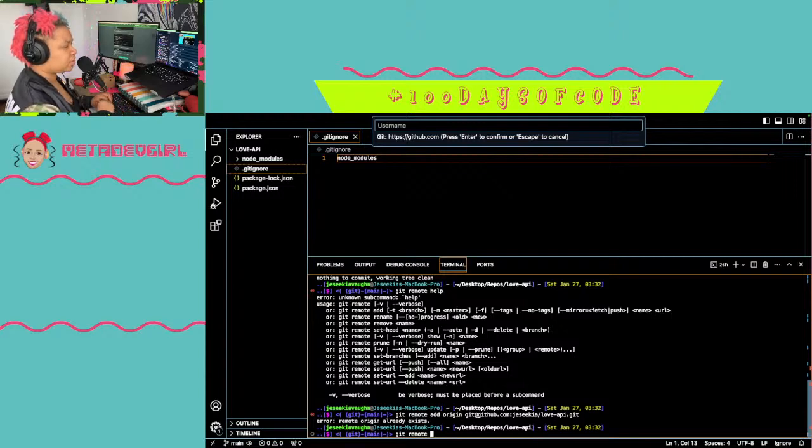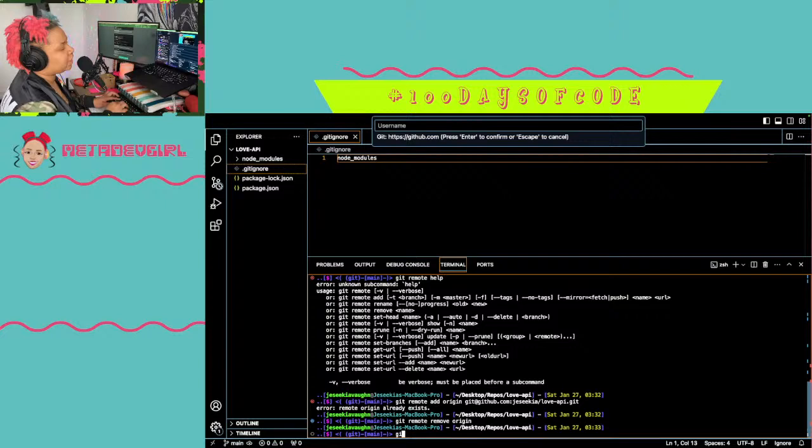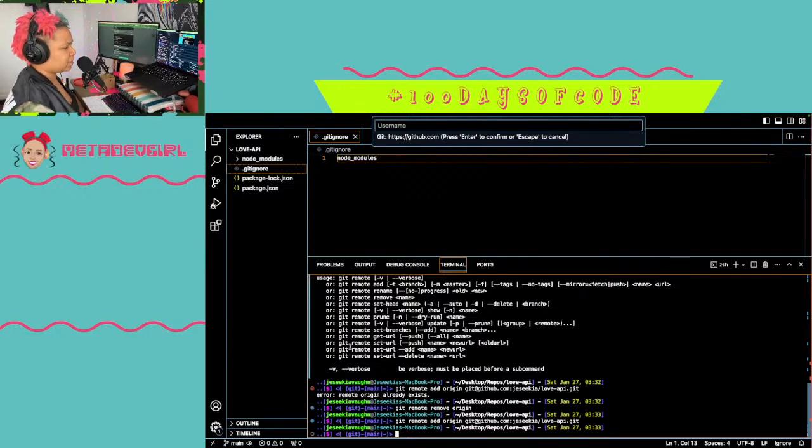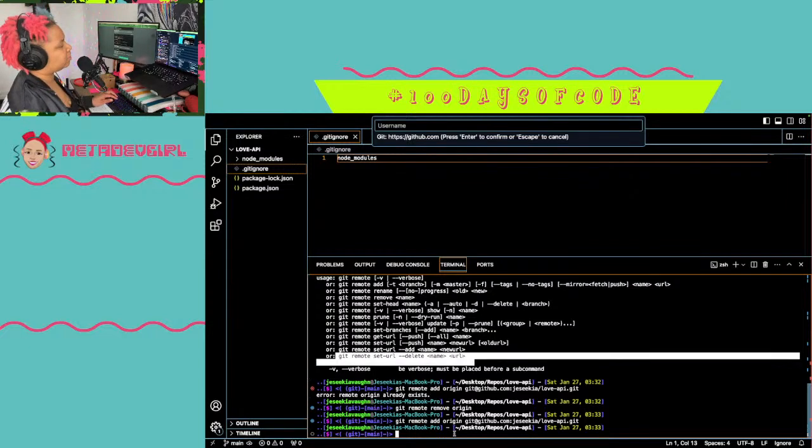I'm changing the URL, so I think that's set-url. Probably I'll just git remote remove, because it's simpler, and then add, do that one again. It's simpler to remove and re-add it than git remote set-url, and then I'll have to run it again. Okay, so that fixed that.